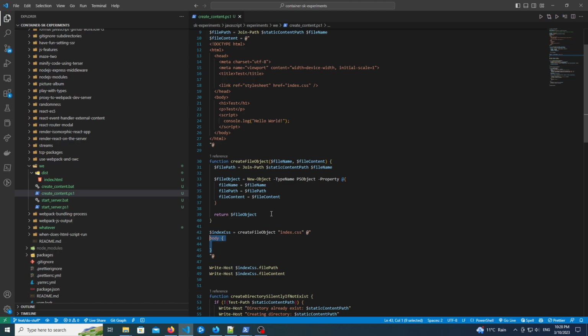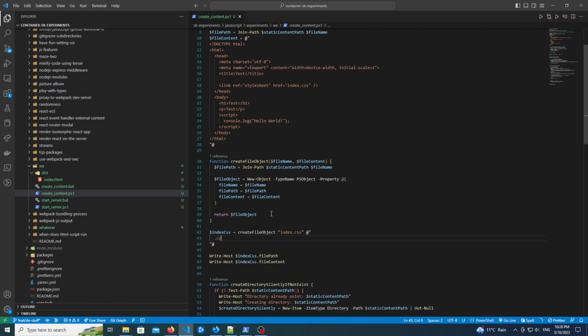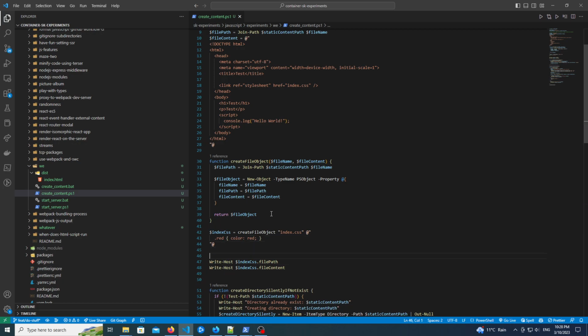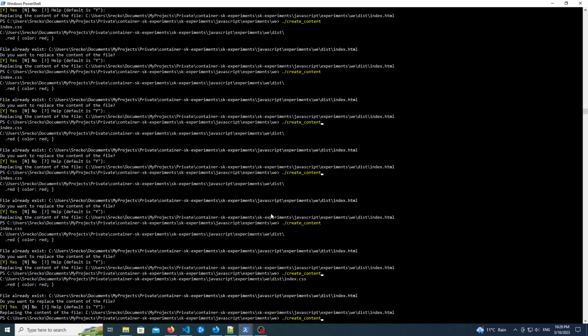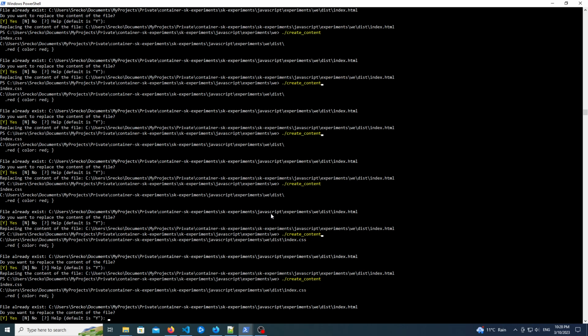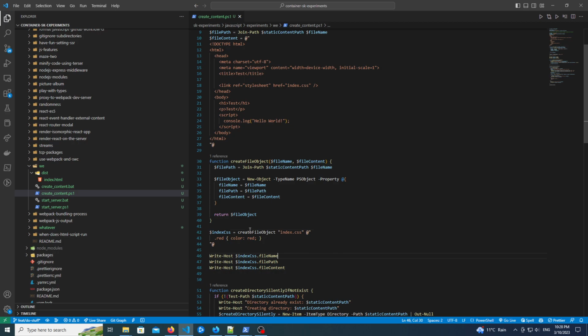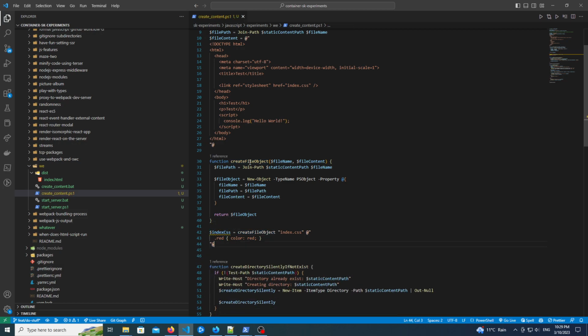Now I want to say color red, and let's try it like this. index.css. Now that's cool. Create file object. Cool. Create file object index.css, and then I can say the same for